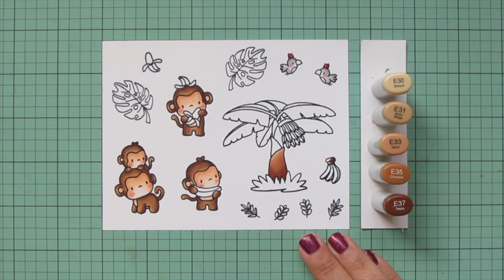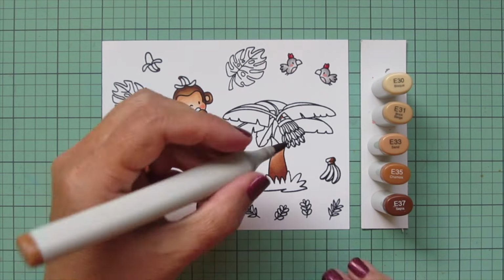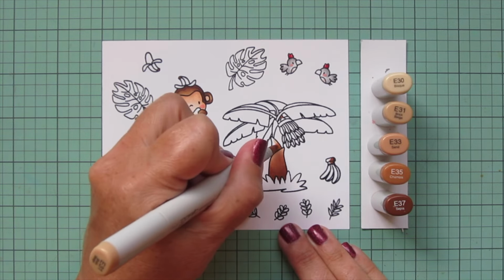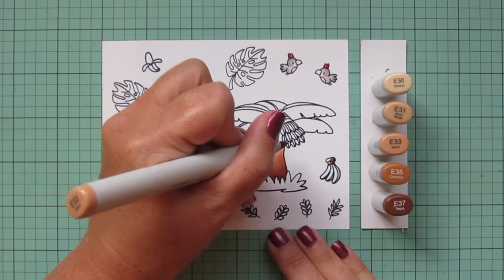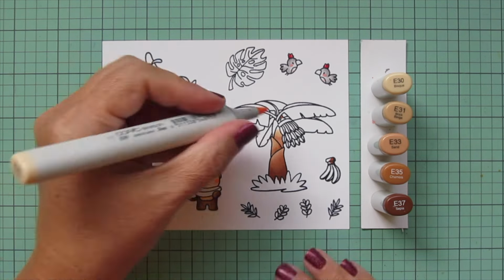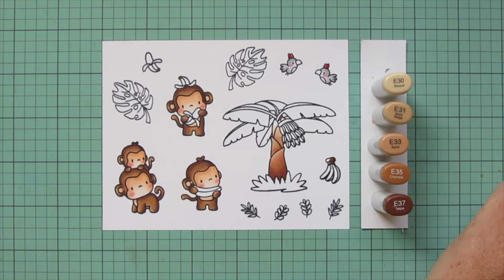and I did do a second layer of that. I'm also doing some of the little tops of the bananas. And then on the second layer, I'm starting with the E35, blending out with the E33, and then using the E31. On the third layer, I'm starting with the E33, blending out with the E31, and then the E30. And then I also added a touch of the E30 into the top section, and I'll blend out the rest